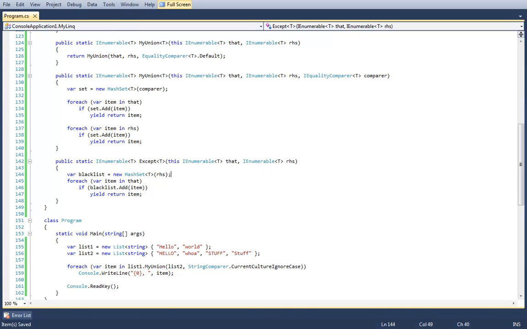Why don't you accept duplicates in the first IEnumerable? Good question. That was an oversight on my part. I probably should have specified that the documentation of Except does indeed say that if there are duplicates in the source enumerable, they are not included.